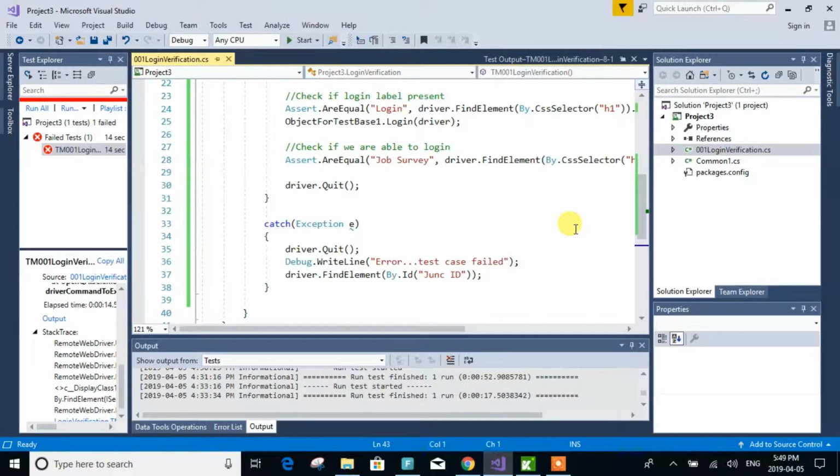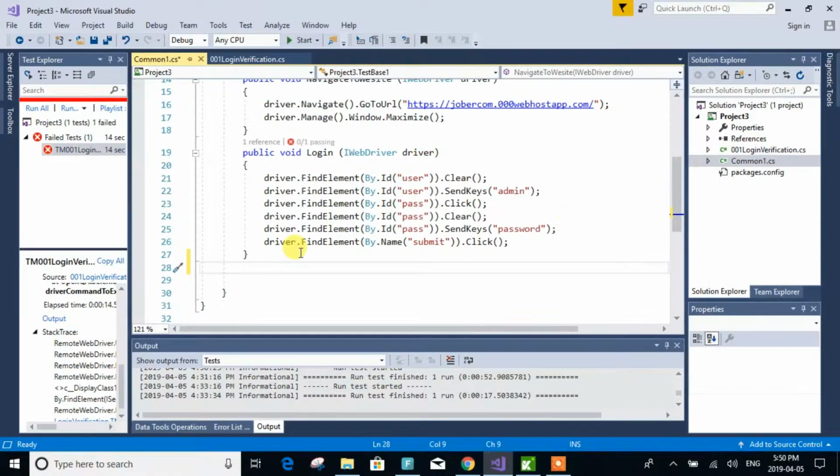In an actual application, you might have multiple windows and multiple pages, and if we have a snapshot of the page where it failed, then it's easy for us to analyze, because while reporting a bug, we need to know where exactly it failed. So if we have a snapshot, it's much quicker. I'm going to write the code for that, and the code will be written inside the